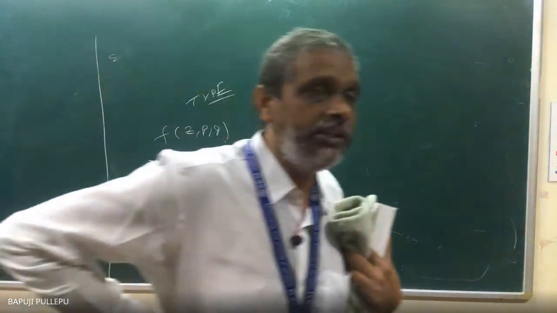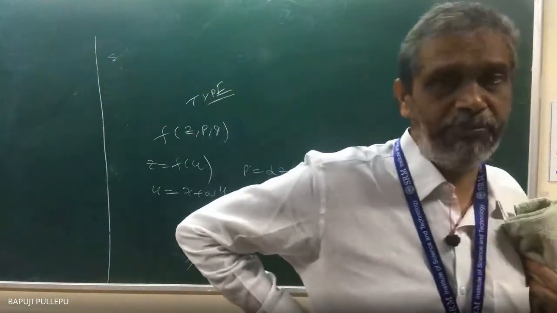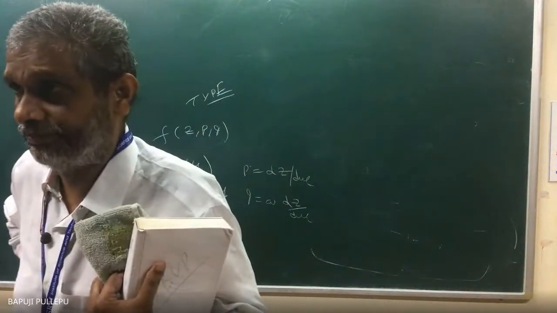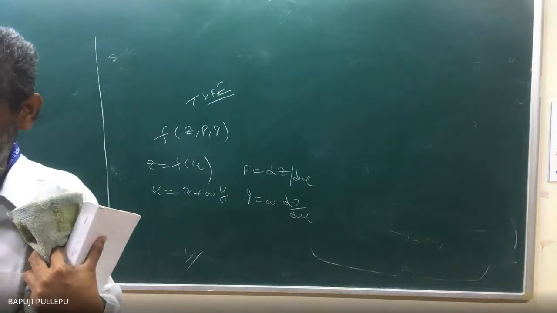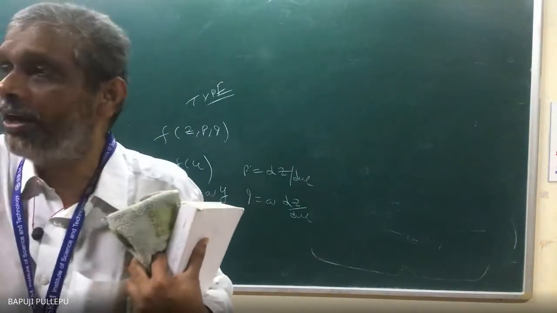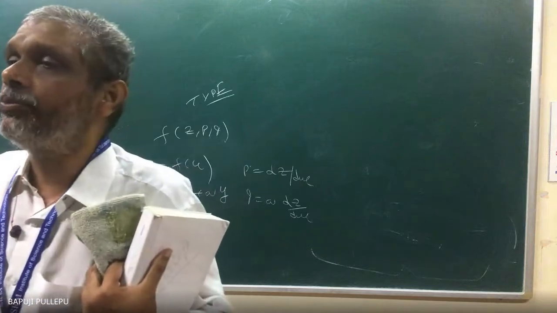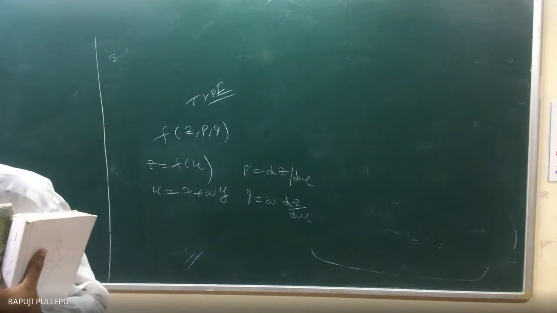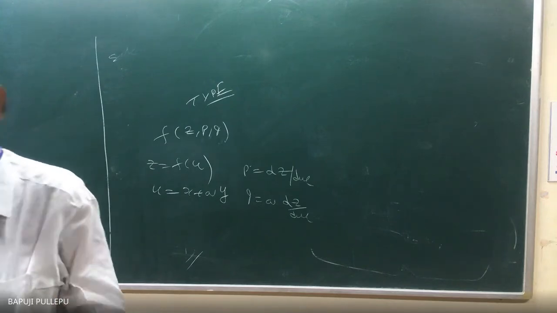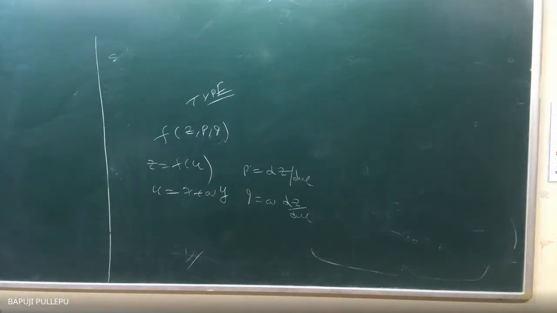If you get an equation in terms of z and u, the variable separable method you have already done at the test level, or not? Where is the dz? All functions of z you can bring to one side. Where is the du? All functions of u you can bring to the other side. Integrating both sides, you will get the solution. This is the way of doing. Come on, fast. One or two problems we will do.